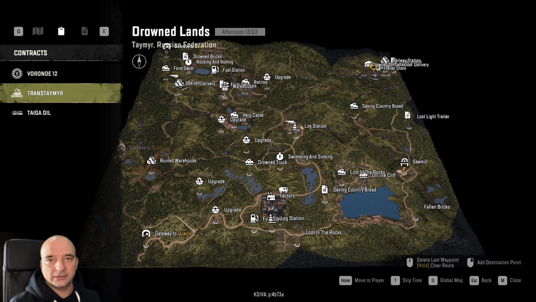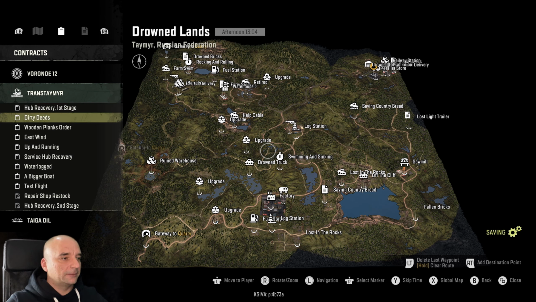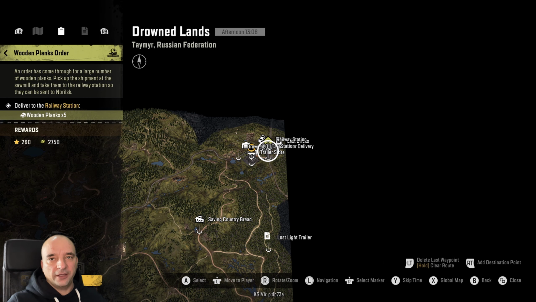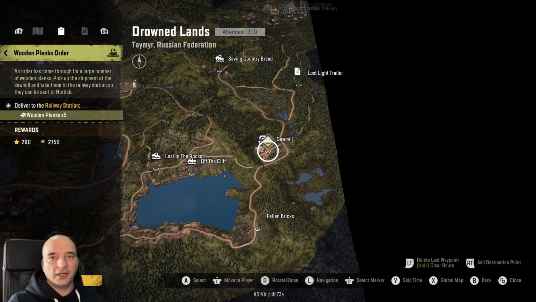Also, I want to show you why it is important to try to activate as many tasks and contests as possible, because then you can save your time by stacking up missions. Let me show you what I mean. So here I have the wooden planks order mission, which requires me to deliver 5 wooden planks to the railway station. Now the railway station on this map is just beside the garage,